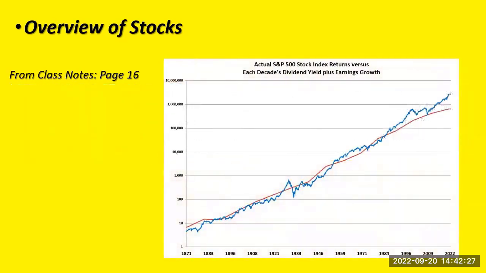I try to prove that that's actually pretty accurate. The red line is that formula, dividend yield plus earnings growth. The blue line is the actual stock market. It follows that line pretty well until here recently, where really since the 2008 crisis, stocks just look really expensive. They're either really expensive or, in my opinion, there's a one-time adjustment for risk. So you can kind of debate that.